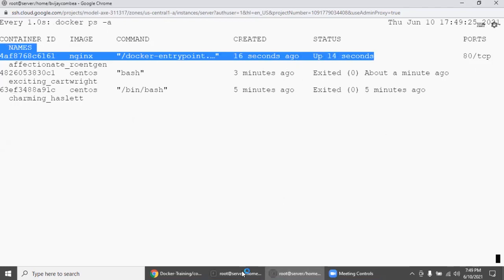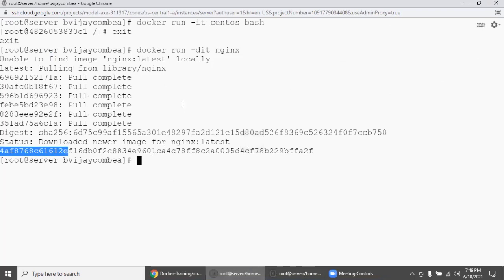Even if we log in inside and come outside, everything you can do, because initially itself you specified detached mode. This is very important. In production, definitely you need to run containers in the background always, because even if you go home, the server should be up and running, right? So detached mode is really important.